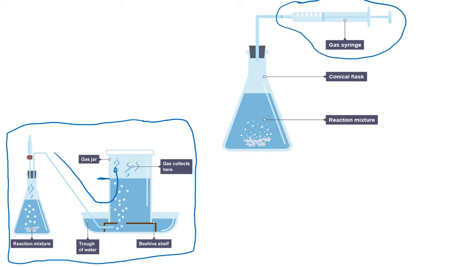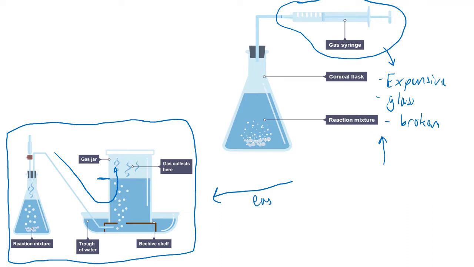Now, why didn't I get you to use a gas syringe? Number 1, they are very expensive. Number 2, they're made of glass. Number 3, they're easily broken. I'm not being cynical, we've only got a couple of them in the school, so actually it made more sense to do it this way in class than to do it this way. So this one is easy and simple to do, this one can be more accurate, but the equipment is a lot more expensive for it. Okay,